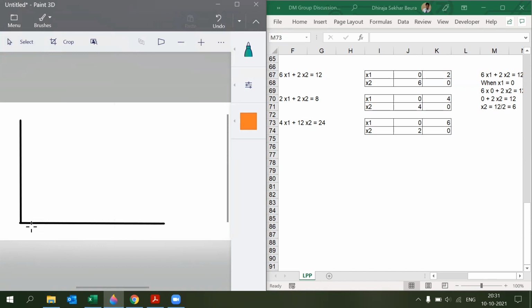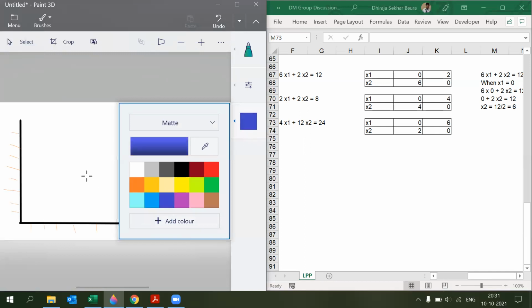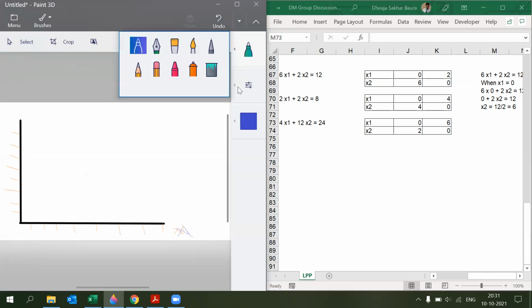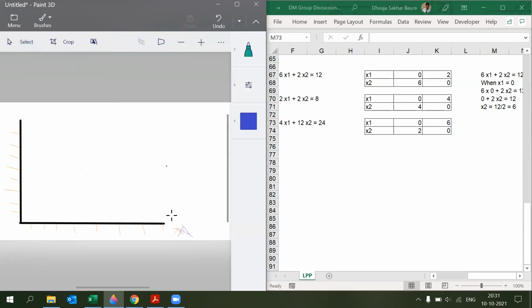So it's okay. So this is 1, 2, 3, 4, 5, 6, 7, 8. I'll go 1, 2, 3, 4, 5, 6, 7, 8. I'll go like that. So let's go and find for each coordinates. Here is the equation. Here is the coordinate. X1 is 0 and X2 is 6. So we have 0 here, x1. So let me write down that x1. Color is very weird. Okay, I'll take blue. So this one is x1. This is x1 and this is x2.